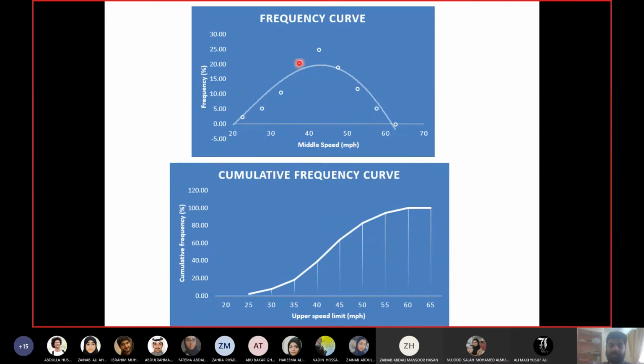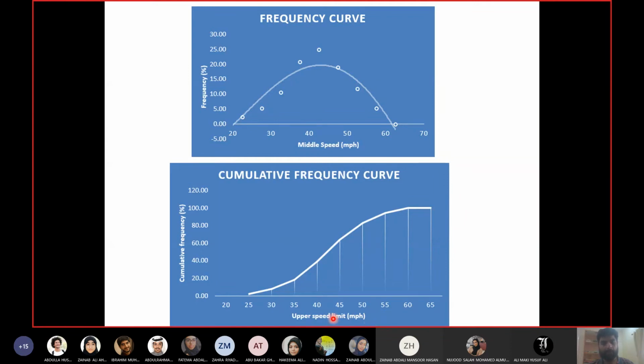You plot them, you get this curve, and you can see I have plotted the best fit curve again. It is not touching all the points, not passing through all the points, but it looks like a bell-shaped curve, more or less. Again, it's an approximation. And then you have the cumulative frequency curve, and I have joined all the points because there is no specific shape for that. It will start at 0 and end at 100, and I'm plotting on the x-axis.